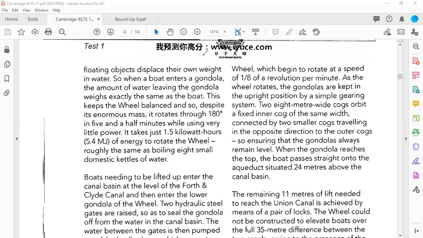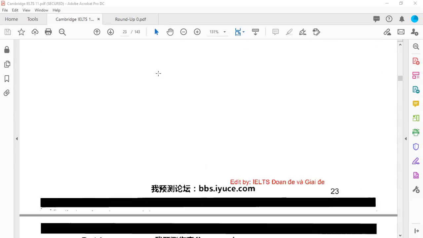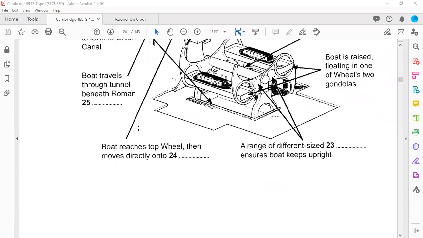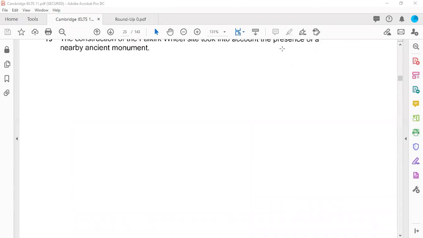Onto the aqueduct. The boat then moves directly onto the aqueduct. The boat travels through a tunnel beneath the Roman aqueduct monument, beneath the Roman